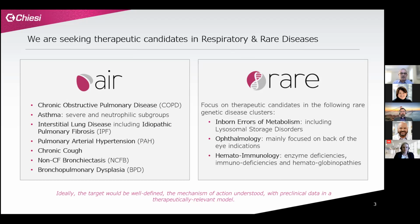Then moving to the rare space, as I say, the headquarters for the rare disease division is here in Boston. And we're basically looking at three genetic disease clusters. So the first one is inborn errors of metabolism. That includes lysosomal storage disorders. Rare ophthalmology, we're mainly focused on back of the eye indications there. And then finally, a bit of an umbrella term, but hematoimmunology, we're looking for enzyme deficiencies, immunodeficiencies, as well as